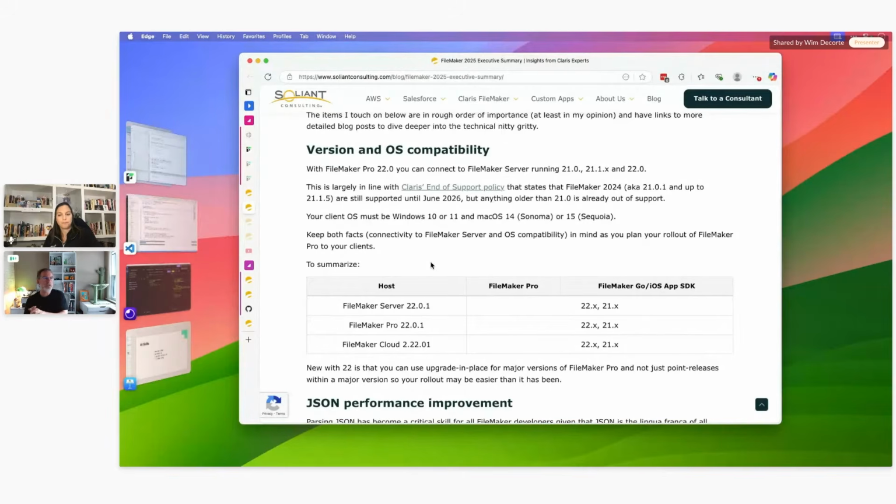And we're starting to see some community reports of people being caught out for that, especially if on the client side you hadn't disabled upgrade notifications, which basically allows the client to say, oh, there's a new version, let's click this button and install the new version. If your FileMaker server is not compatible, that can really catch you out. So keep that in mind, right? But the opposite is equally true. Don't update to FileMaker Server 22 if you still have clients that are on 20 or 19 or older, right? So it works both directions.